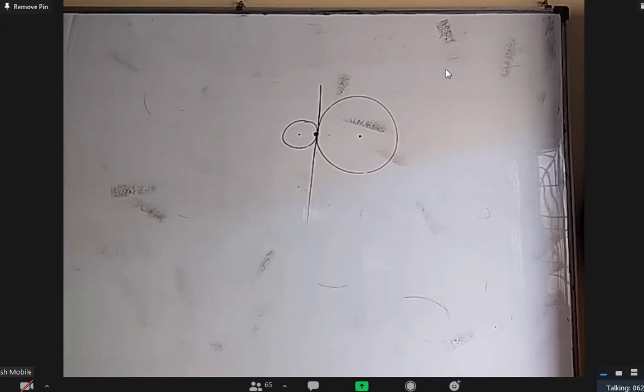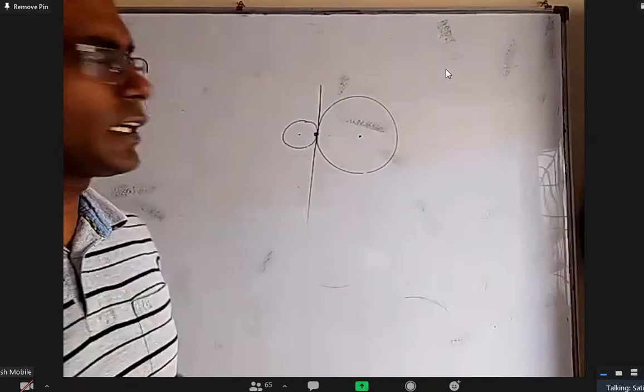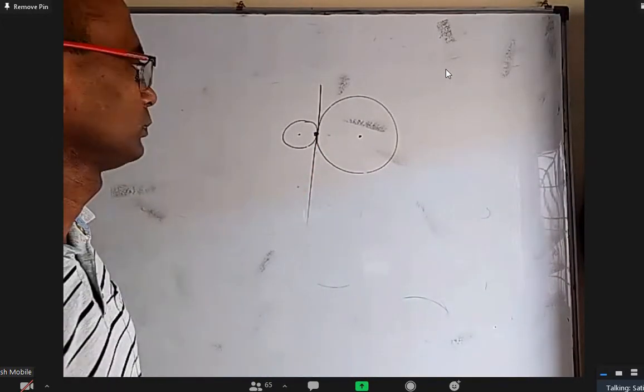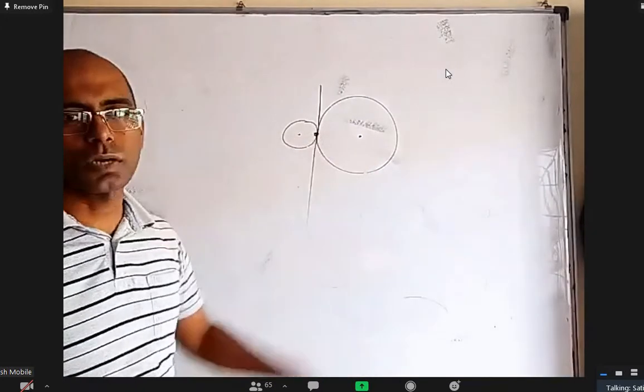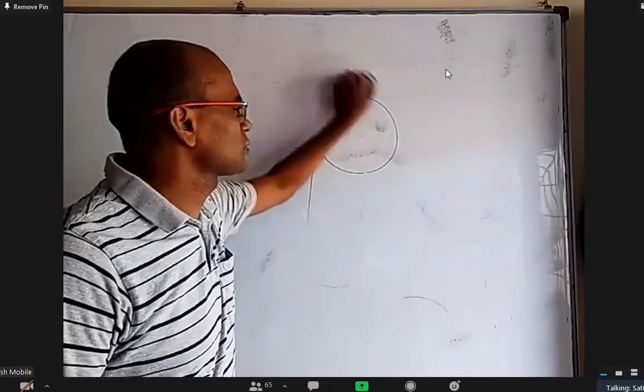Do we know R1 and do we know the centers? Yes, we know centers and radii. Sir, we know R1 is to R2, then we can find it. Yes, we can use the section formula, in the ratio R1 is to R2. If they are touching externally, use the internal ratio. If they are touching internally, use the external ratio. So this point divides the line joining the centers in the ratio R1 is to R2 internally.